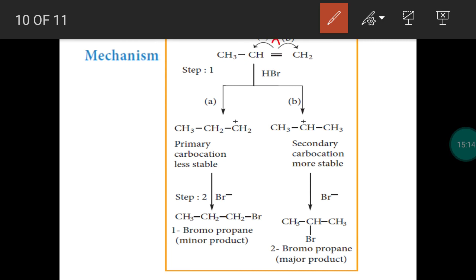So due to heterolytic fission, the pi electron may be shifted over this carbon, it gets a negative charge, this will get a positive charge, and hydrogen bromide will be separated into H plus and Br minus. H plus will attack this carbon with negative charge, it becomes CH2, and we have a positive charge in this carbon. Then remaining we have the nucleophile Br minus. This will attack this electron deficient carbon, and we will get 1-bromopropane, but this is not following Markovnikov rule, so this is not the major product.